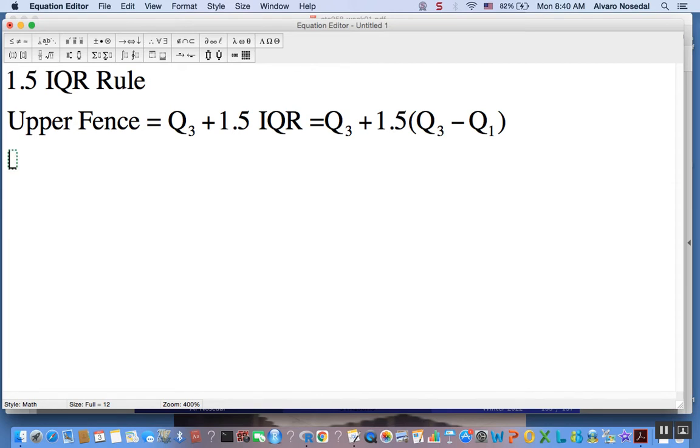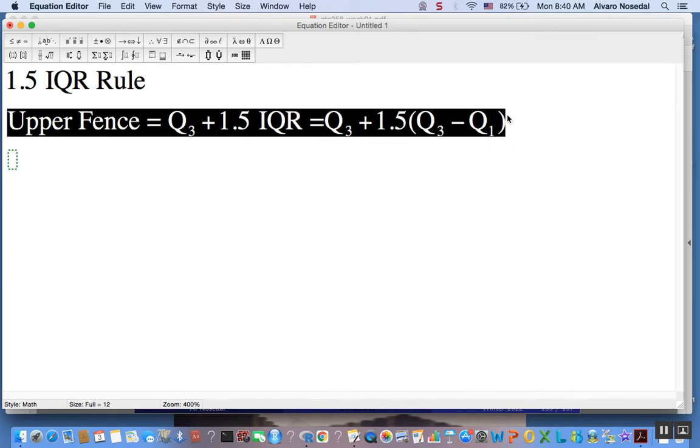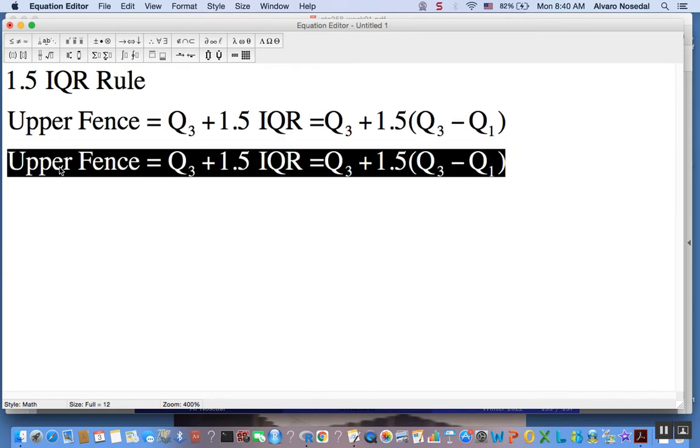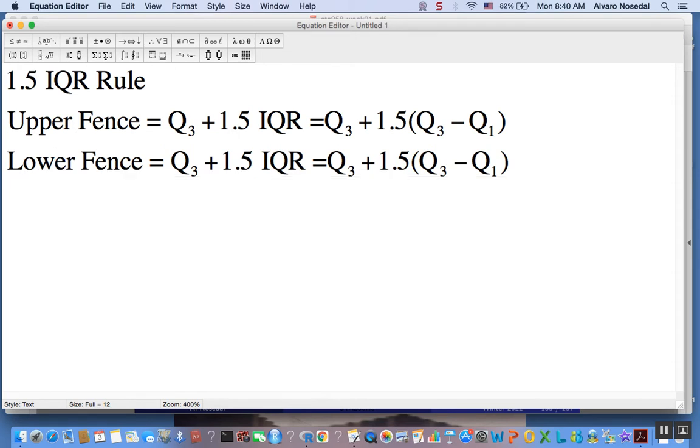The lower fence is going to be defined similarly, but instead of a plus 1.5 IQR, we are going to have a negative 1.5 IQR, and instead of Q3 we will have Q1 here. Okay, make sense? Okay, so